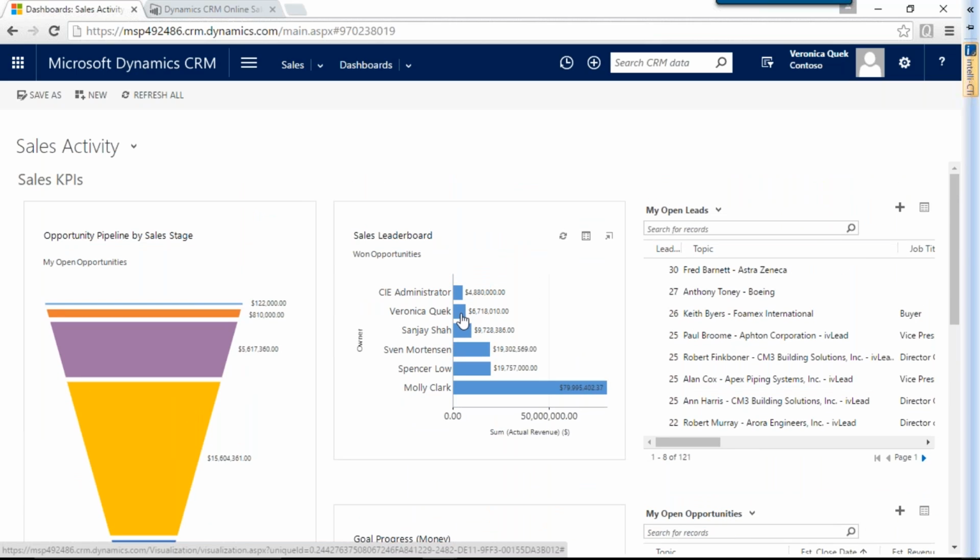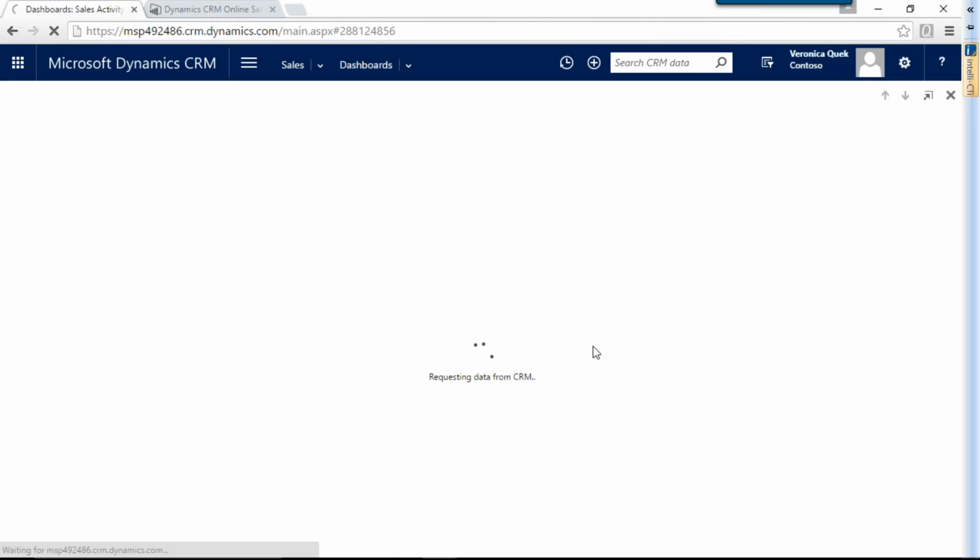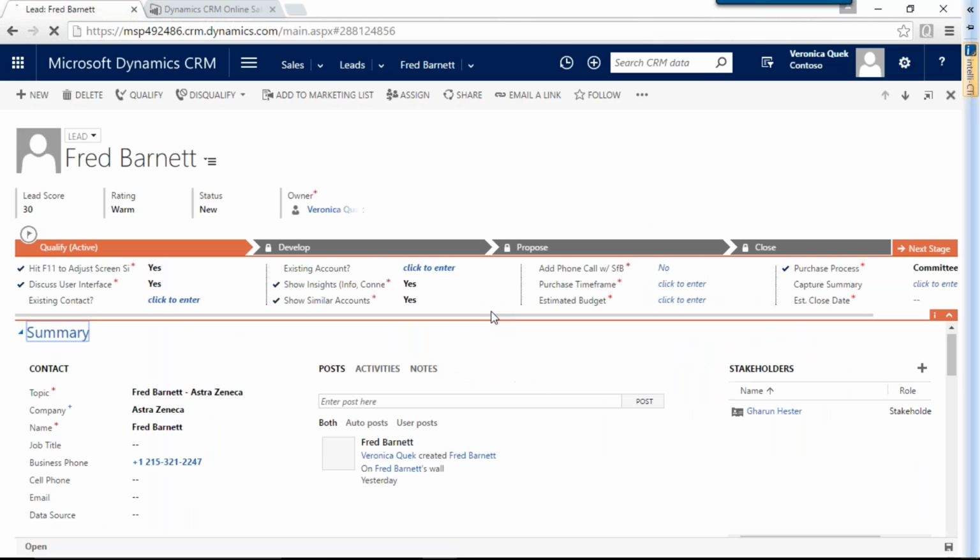So second to last, that's not good. We're going to have to change that. So let's see if we can find an opportunity here. And I'm going to go ahead and take a look at one of these leads that has a high lead